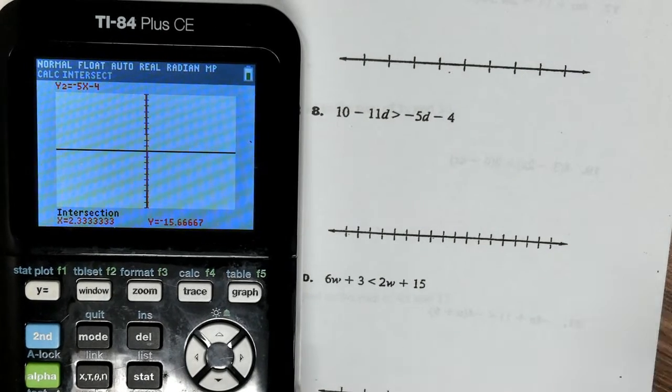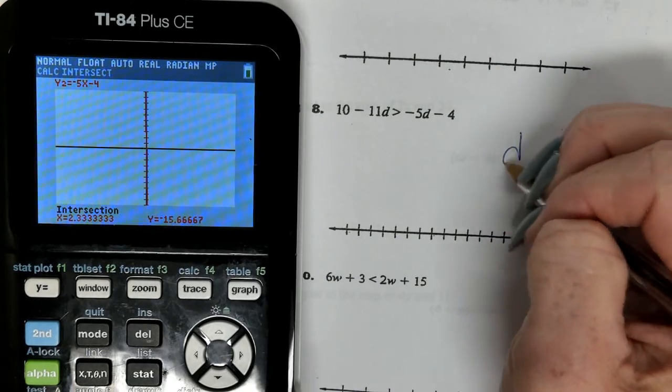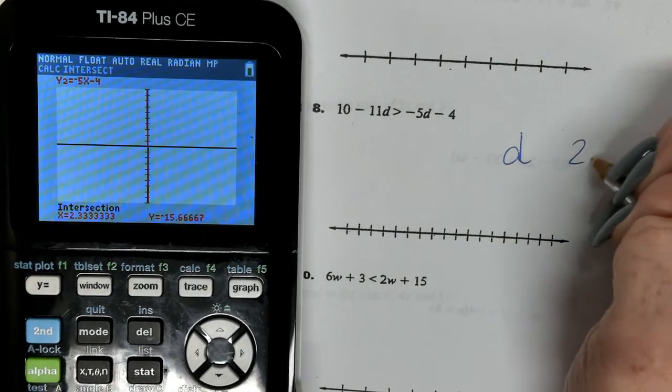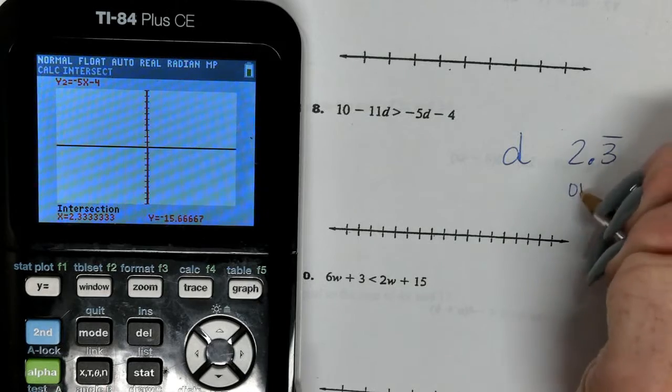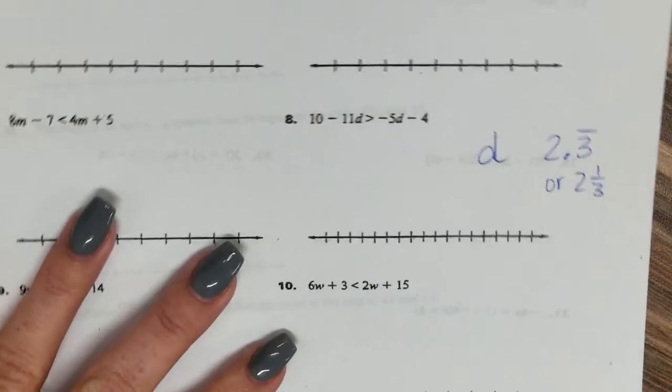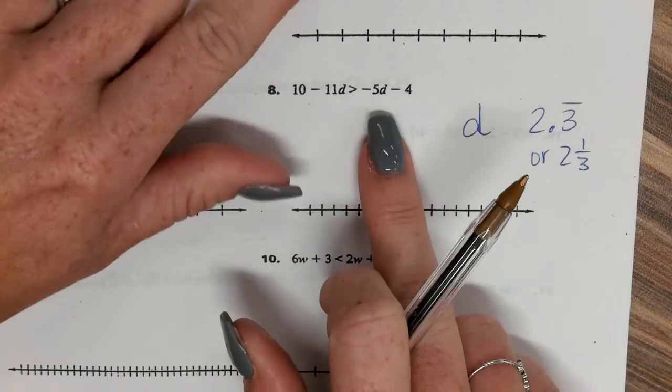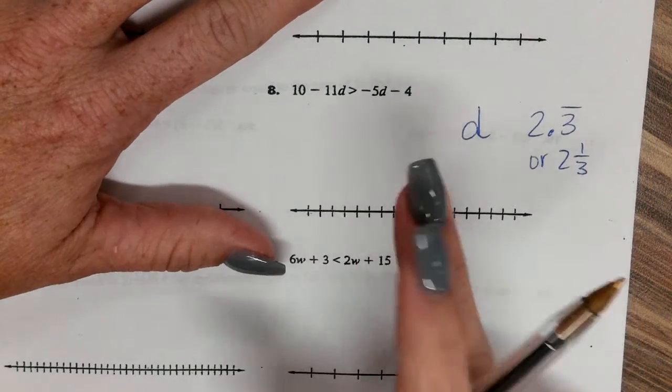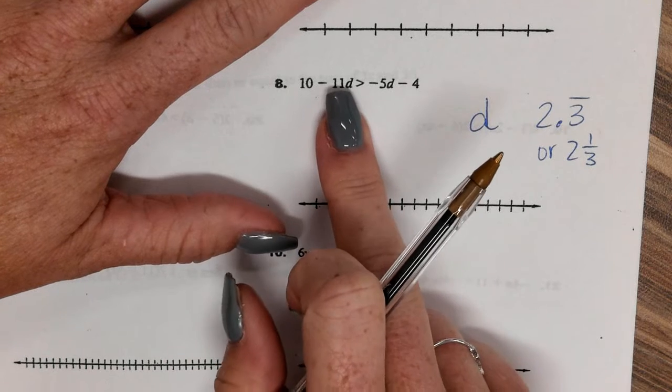Okay, so I'm going to have D is something to 2.3 repeating or 2 1/3. Yes? Yes. All right. You must show some work on this one because there is a D on the left